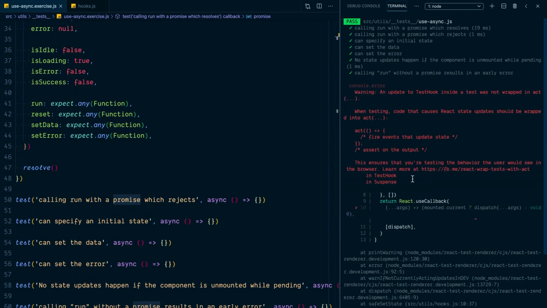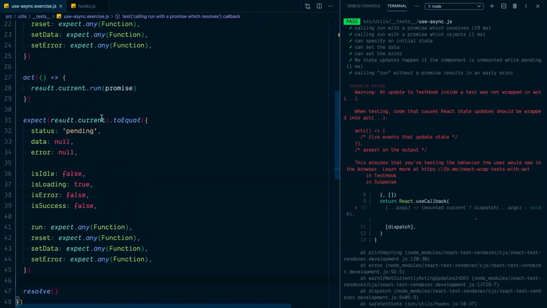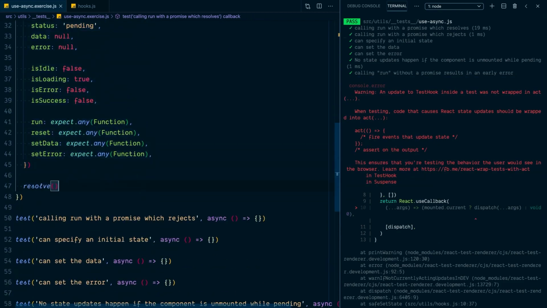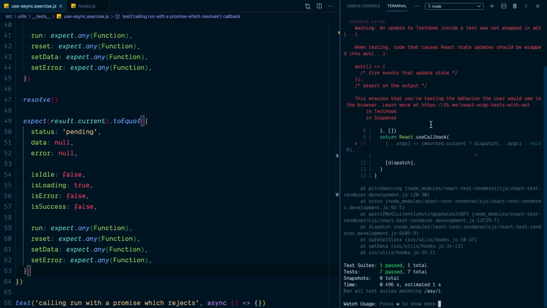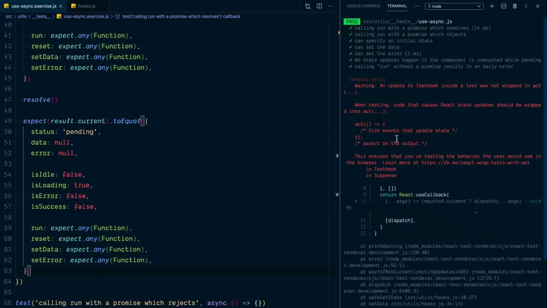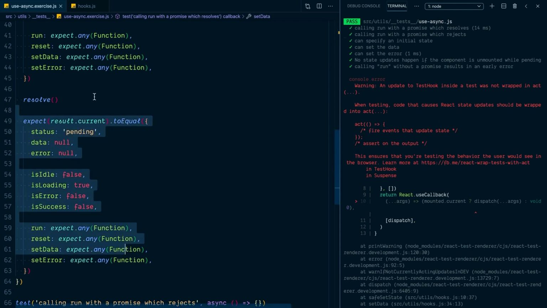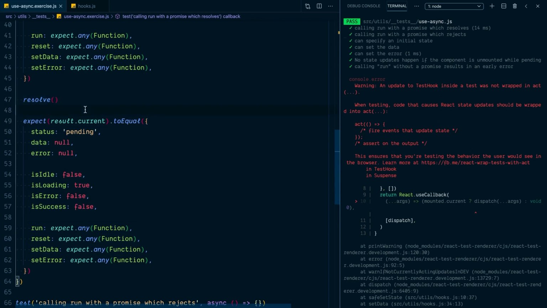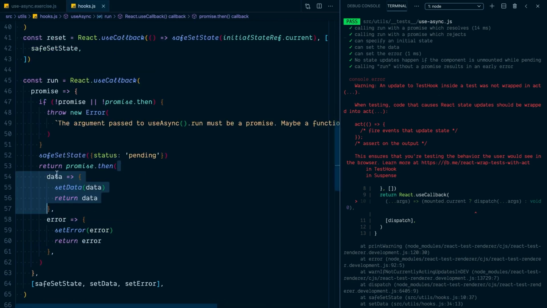We're getting another act warning. Let's see if we can ignore that for right now, and we'll put an assertion in here. That's interesting. We absolutely should be getting a different state here, but we're not, and we're getting this act warning. Well, this is precisely the type of thing that act is intended to help us avoid, because this is definitely wrong. So what's happening here is when we resolve this, on the next tick of the event loop, this success